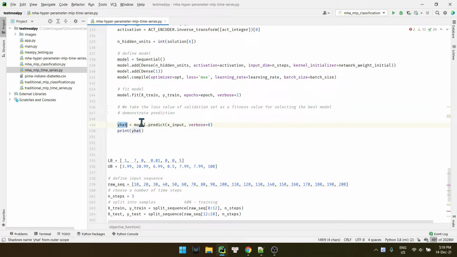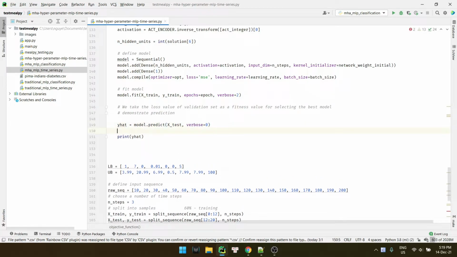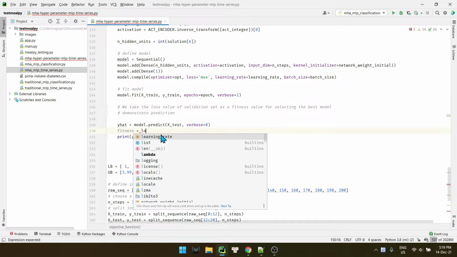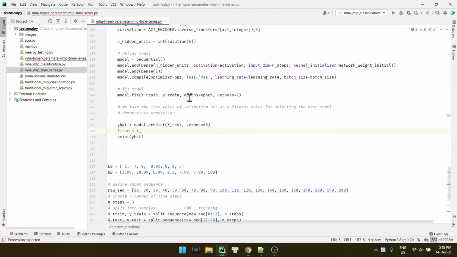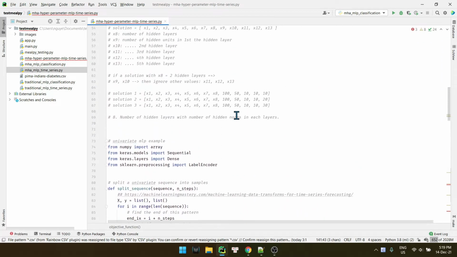So we got the model dot predict. This should be X test. Don't need this actually. Now we should define the fitness function based on the mean square error.